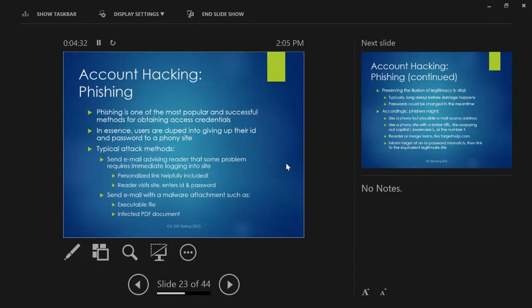So a typical attack method: you'll get some email from somebody that you don't know saying that some problem requires immediately logging into their site, right? They'll include a link there. Please log into our secure server so we can help keep your account safe. And then the email reader visits the site, types in their ID and password, and boom, they've given away the keys, right? Then the bad guys have them. Or in some cases, phishing will send an email with a malware attachment that basically does the same thing. It has some executable file or some kind of infected PDF document, something like that,